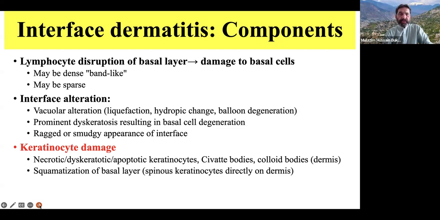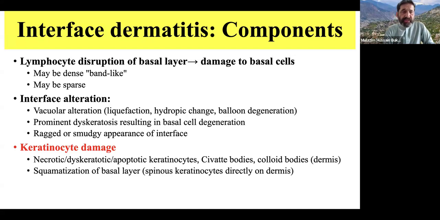Today I will show you all these pictures. And then, you always see regular rete ridges in psoriasis, and in normal skin there are also some rete ridges. But in interface dermatitis, there is a ragged or smudgy appearance of the interface. The border of the dermoepidermal junction becomes ragged, smudged, with eosinophilic damage. And the third important thing, as I told you, is when there is separation of the dermoepidermal junction and change in the basal layer,